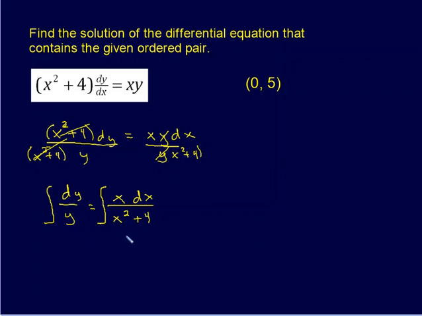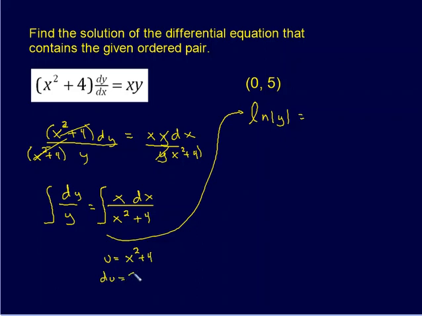The left side is one we've seen today already. dy over y is the derivative of the natural log of y. Now, on this side, you want to look carefully here. There's not really a good way to try and combine the numerator with the denominator, so maybe you caught on that this is a good one where we make a u substitution. If we substitute for x squared plus 4,